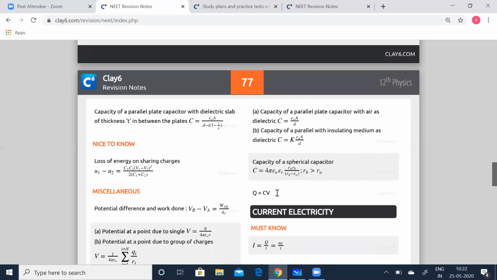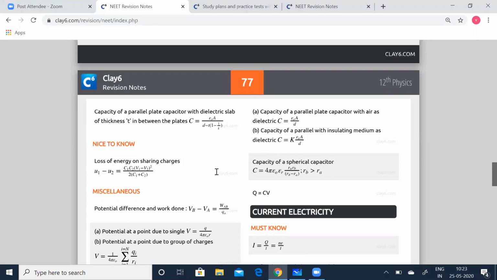So Q is equal to C times V. These are the important formulas which you have to learn. It is better to memorize them, and you have to be very careful while using the formula. What formula to be used? Don't get confused. Learn again and again. Go through the NCERT concepts from the revision notes, look into the problem carefully, analyze it, and then make sure which formula to use. We have summarized everything, so you can make use of this. It's going to be pretty easy.